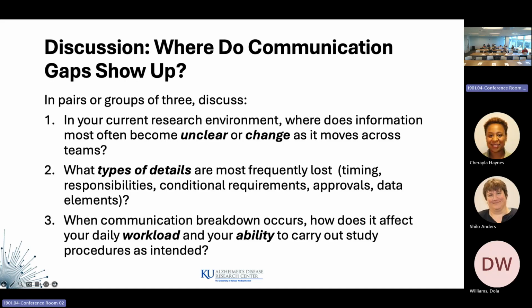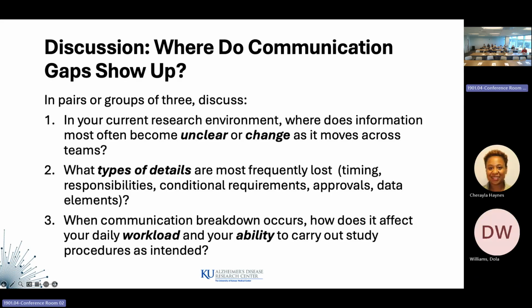Jasmine? I would say, to piggyback off of that, I think it depends on how big your research team is. The bigger the research team, there might be sub-teams within the broader team that have separate meetings. So it's about what details are important for the broader research team to know versus what your specialized role is in the sub-meetings. Exactly.